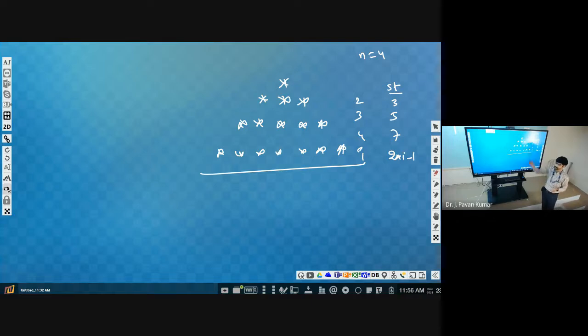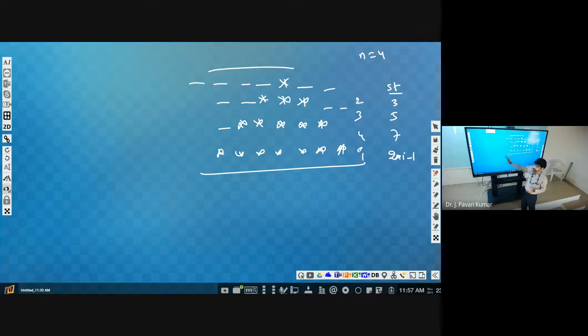How many spaces? Here we have to print spaces, right? Not afterwards, these we can ignore. But before the star, we have to print spaces, then only this pattern will come. If you increase the number of rows, how many spaces will be here? So how can you generalize?